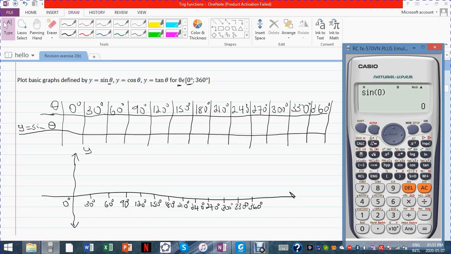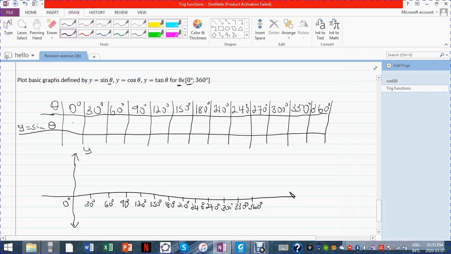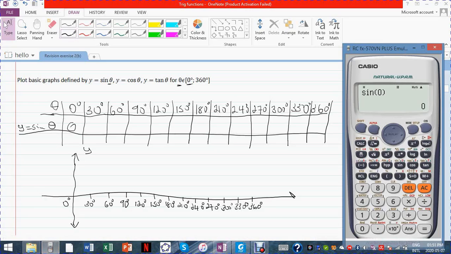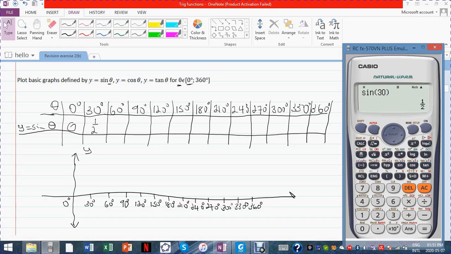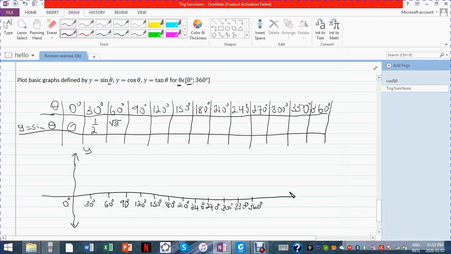So the first angle is 0 there. So sine of 0 is 0. So we can just go on and put in there 0, and then sine of, go back and remove the 0 and put the following angle, which is 30. We get a half, 1/2, and then sine of, continuing, sine of 60, which is the next angle. We get root 3/2, and then